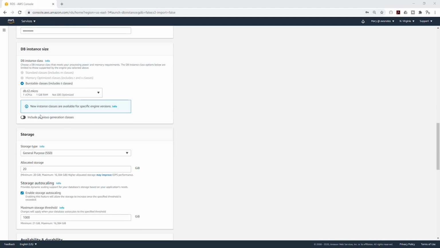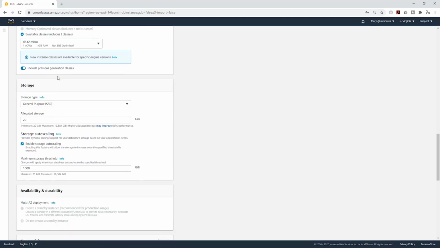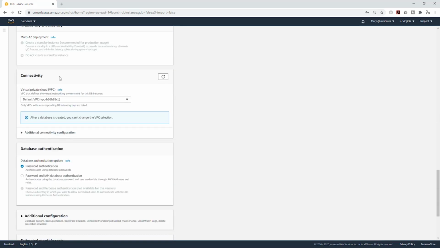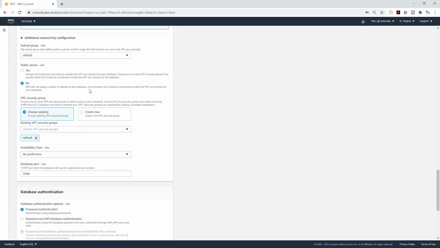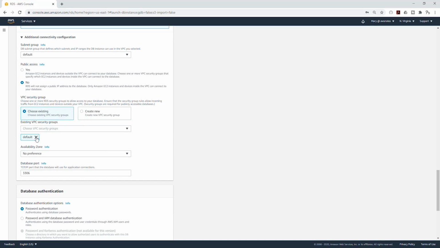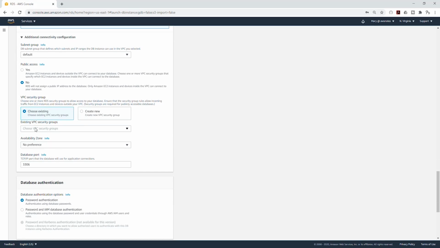We are going to scroll down. And let's use the DB T2 Micro, which is the one that has the 1 CPU and 1 GB RAM. Then let's scroll down. We'll leave all this as default. Under connectivity, we are going to leave it in the default VPC. Under additional connectivity, select that drop down, and we are going to cancel this default security group, and we are going to select our database security group we created,